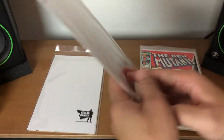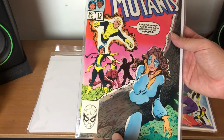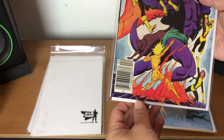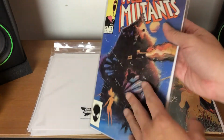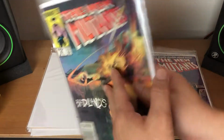number 12. Then I got this cheap, under like 20 bucks, I think. 13, and the book that everybody wants to get, number 14. Not the best condition, but hey, got it for a good price. 19, I think the Demon Bear, which is supposedly set in a movie. Number 20,